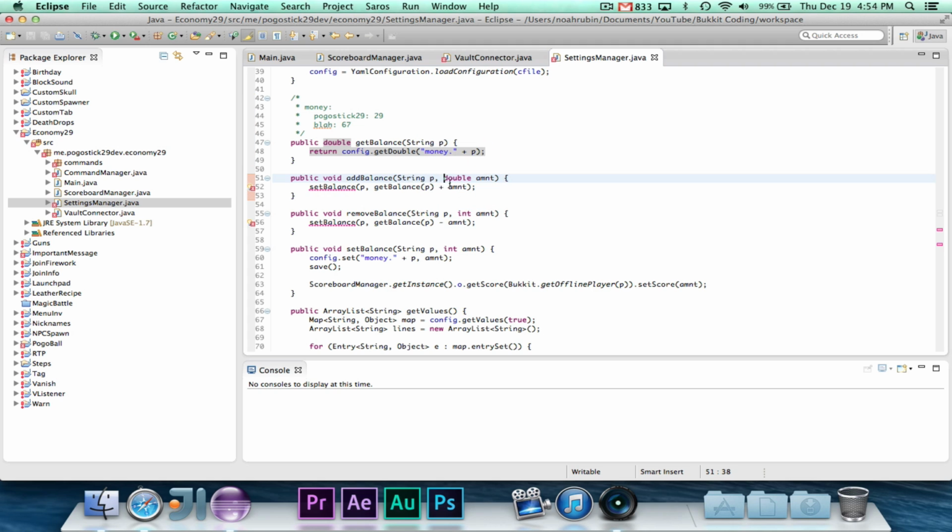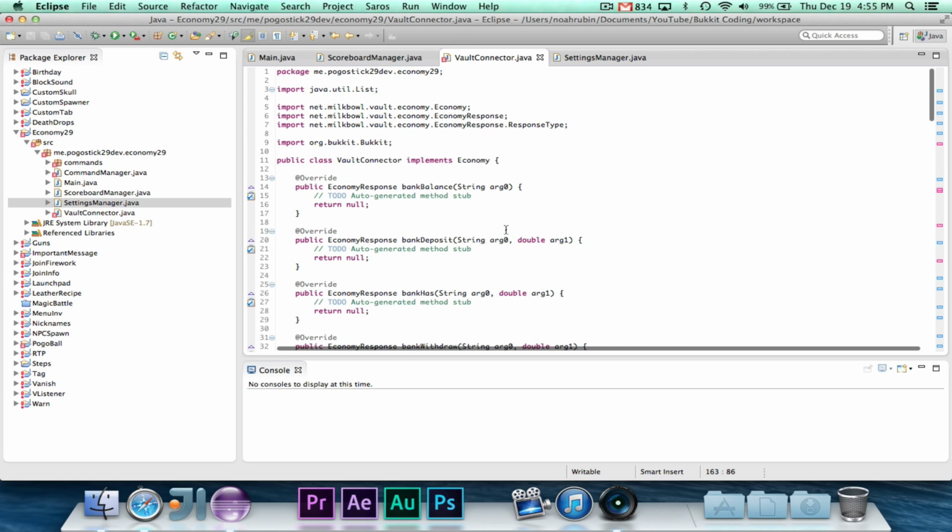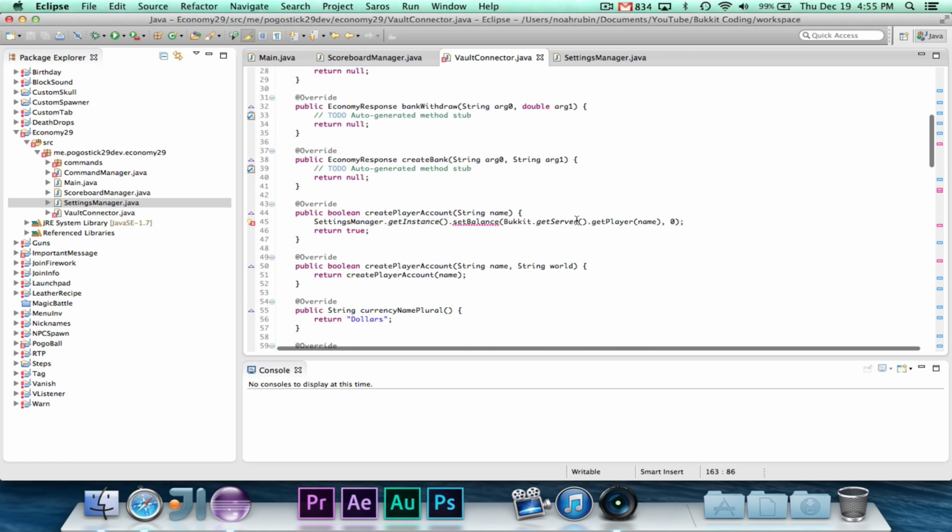And then we're going to set it to a double amount, and make this a double amount, and this a double amount. And then we need to say int amount. So with the scoreboard, it'll only show an approximation, but it's okay, and it's pretty easy. So now it actually just makes it easier.